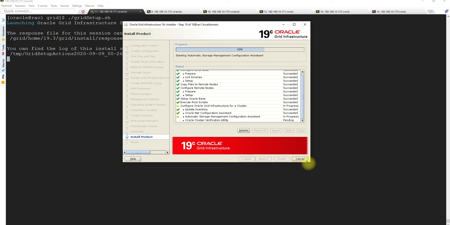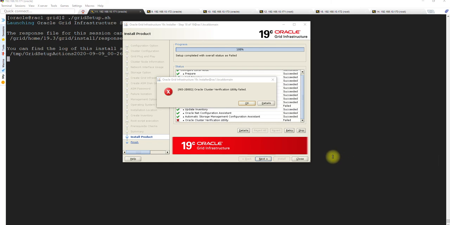Okay, so don't worry about that error, just cancel out of it. As soon as the error is thrown, just say next, and then you say cancel and then complete the setup. Okay, so let's finish this off and then I'll come back. So it has started checking using the Oracle cluster verification utility. It will verify each and every different component, if everything is fine according to the clusterware. But eventually it will throw the error in regards to the DNS setup. Don't worry about that, and then we will exit out of it.